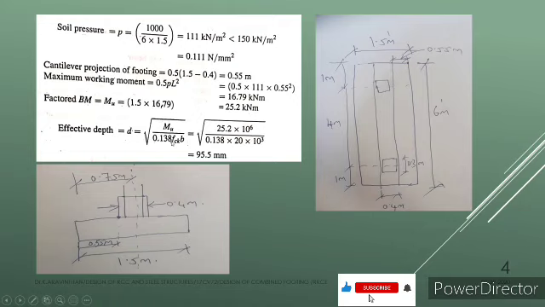0.138 is a constant, and FCK, the permissible compressive stress, is 20 Newton per mm square, and breadth. Let us assume 1 meter width of a section. So you are having 6 meter, let us consider only 1 meter, and we can provide the same reinforcement for the remaining section. So we have assumed 1000 mm. If you find the solution for this, you will be getting 95.5 mm. So this is the effective depth required for the section.